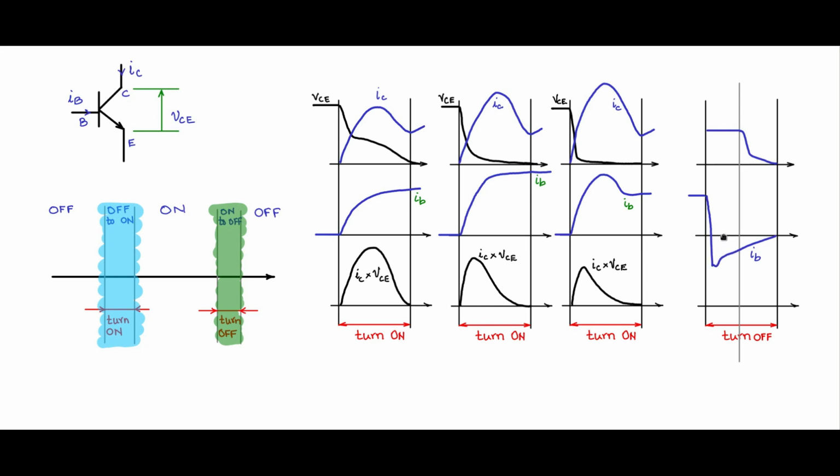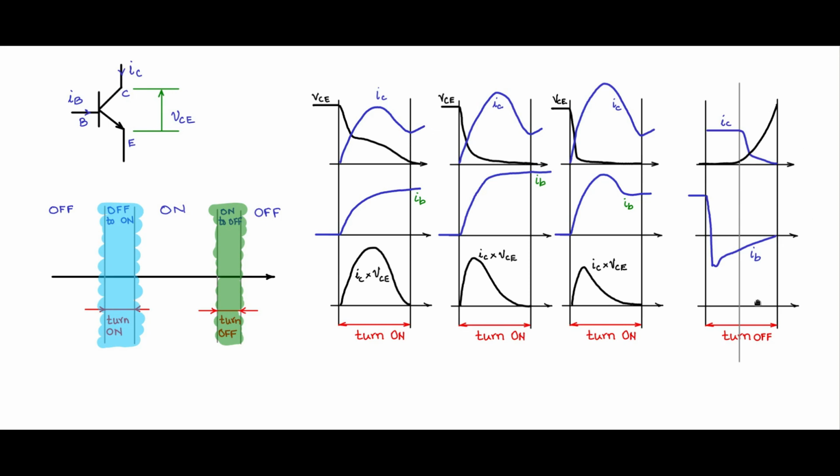So the majority of the base charge will get removed up to this period, and only later, when only a small amount of base charge remains, does this show a trend towards switch off. Likewise, if I look at the VCE waveform, nothing much happens up to the storage period. It looks as though the transistor is still in the on state. Then when the majority of the base charge is removed, you will see that the voltage starts to increase and then starts to support the forward voltage.